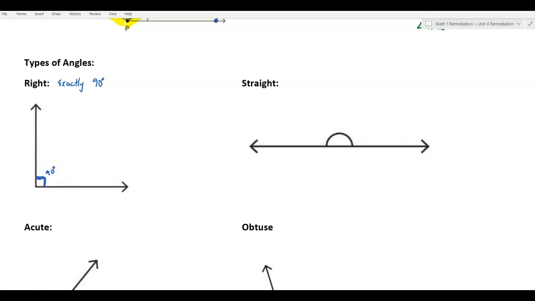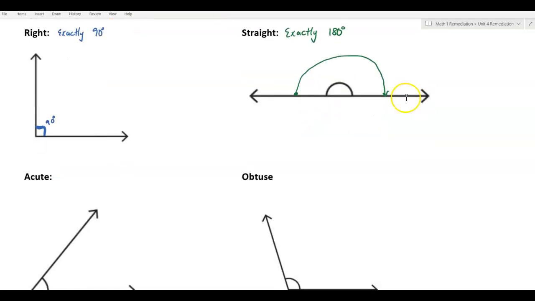Now a straight angle, if I have an angle where I put an arc in it and it goes from one point on the line to the other point, that's a straight angle. And straight angles are exactly 180 degrees. Okay? Now, the reason I showed those two first is to get an idea where 90 degree is. So this would be 0 degrees, and when I go 0 degrees all the way around to 180 degrees,